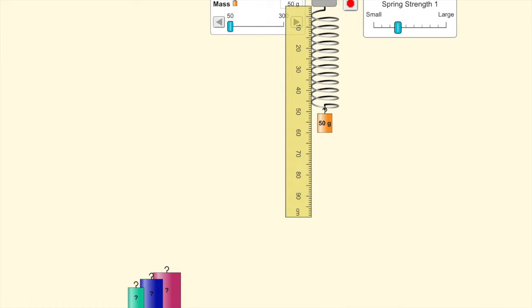Then we can go ahead and pause it at the bottom, and we can see it is at 75. So the area between 50 centimeters and 75 centimeters is the area that we measure